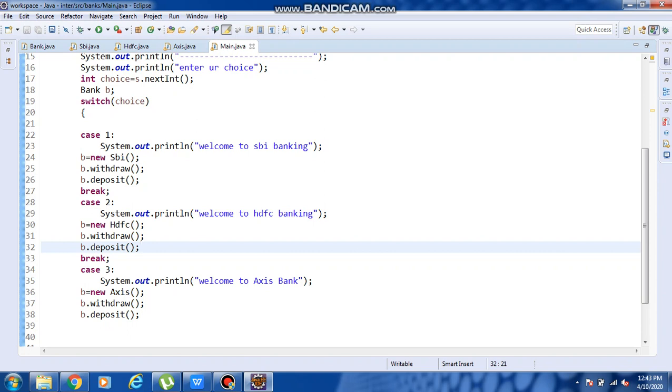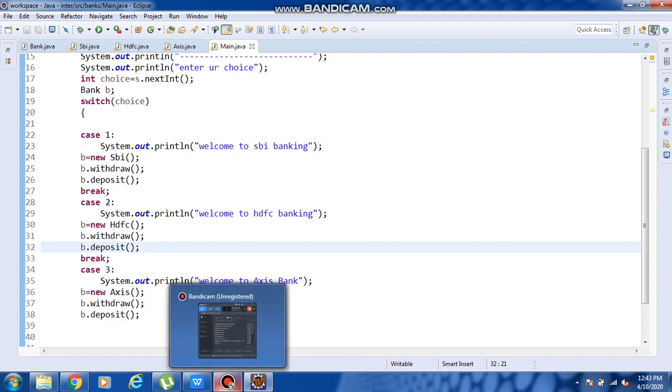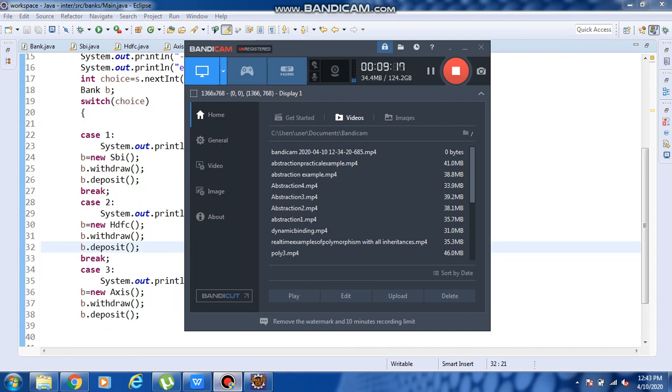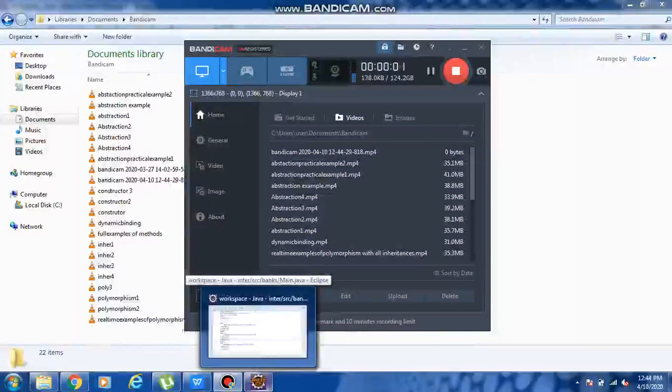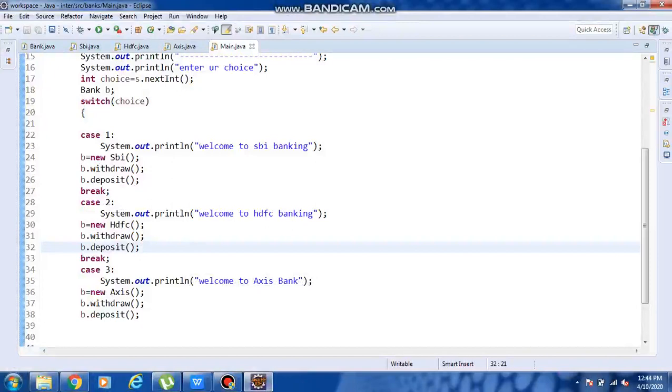Nested switch conditions: switch inside the switch condition is a nested switch condition. Again our program will go a little bit longer here. Now I will show you how to implement the switch inside a switch.